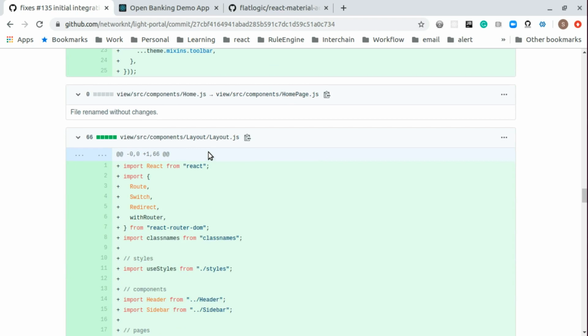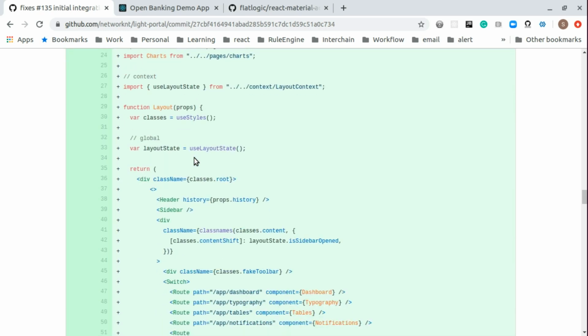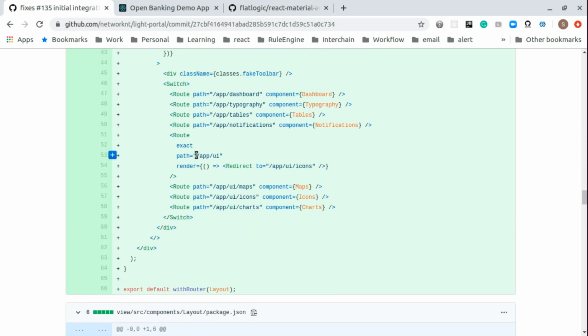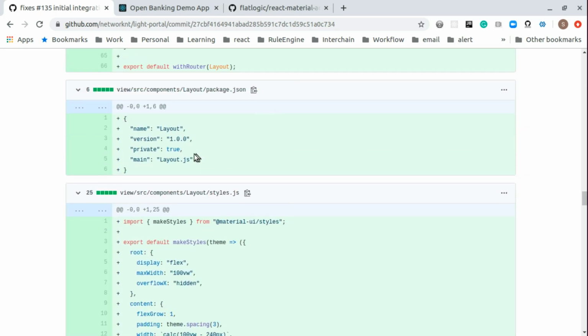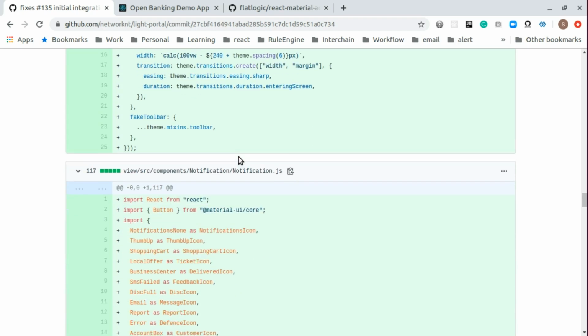Layout is the one displayed for the logged in user. It's very similar to home. The route difference is /app, not /home. And the layout.js, styles for layout, notification.js,